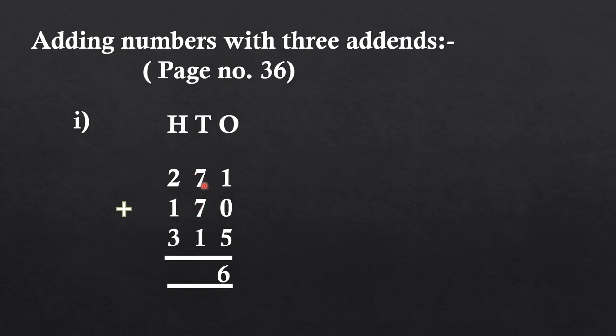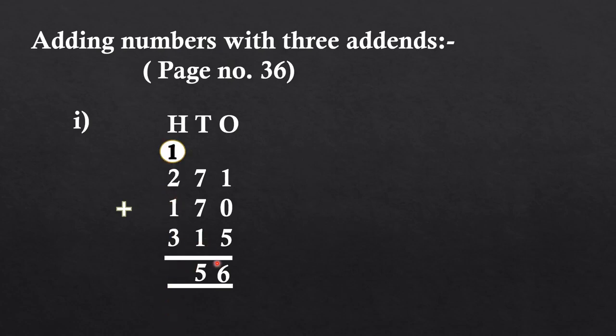Yes, here 7 plus 7, so keep 7 in your mind and 7 on your fingers. So after 7 you have to speak 7 numbers, 8, 9, 10, 11, 12, 13, 14. Now keep 14 in your mind and 1 on your finger. So after 14 you have to count one number, that is equal to 15. So we will write 5 here and 1 will be carry over.